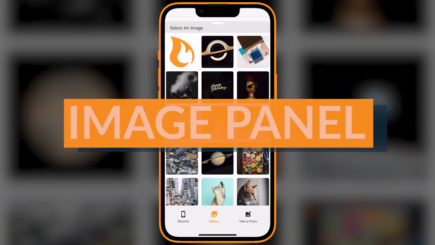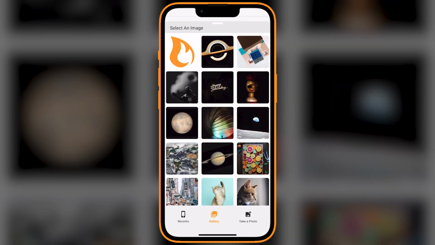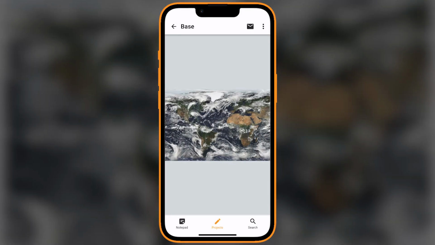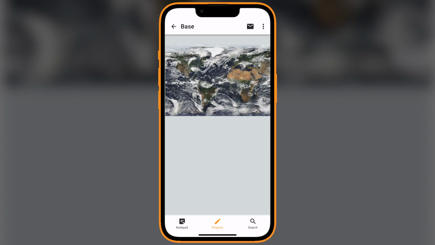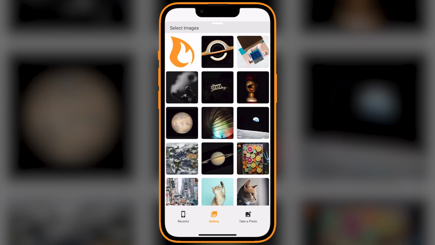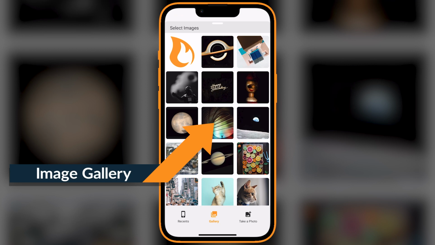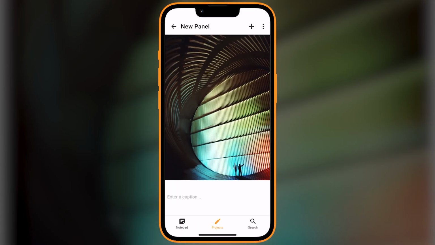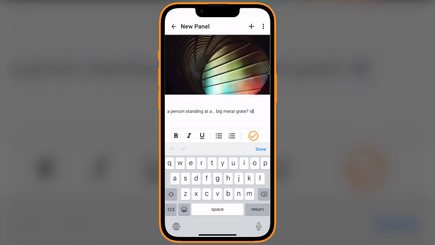Image panels can be used for single images or galleries. Just select the images you want to include and hit confirm. If you need to add images, you can pull some from your phone or take a picture and add that. Any images you have saved to Campfire already will appear under the gallery while you're selecting images. Once you have an image in the panel, you can tap on it for a full screen view and add